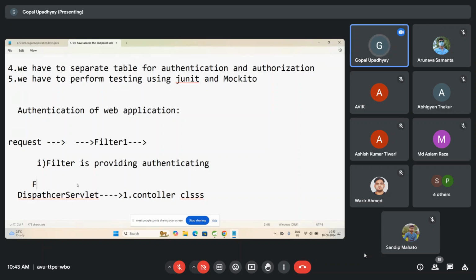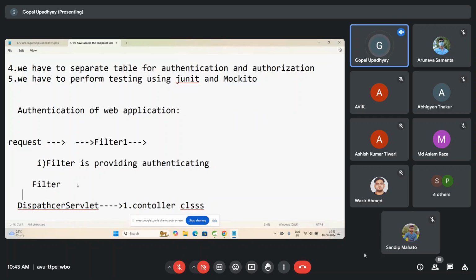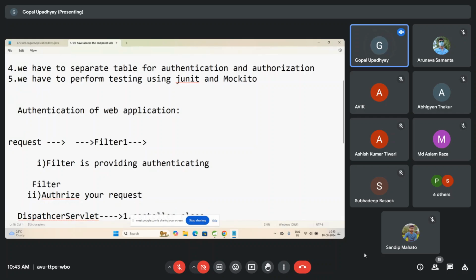Authentication and authorization matter because users can be of different types: admin, customer, supplier, anything, right, in any form. So one filter says, hey, I'm going to authorize your request. Every request is going to be authenticated and every request is going to be authorized, and